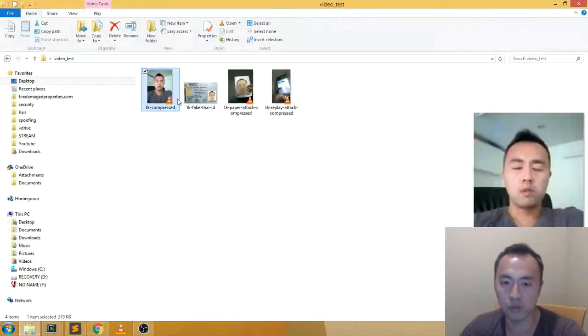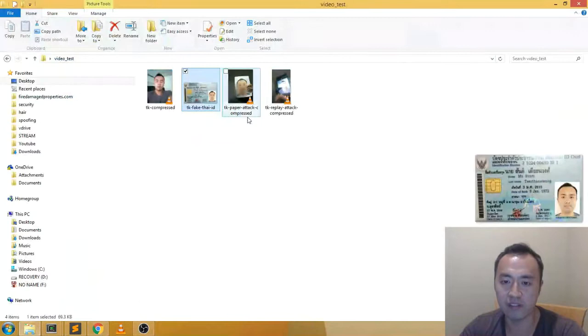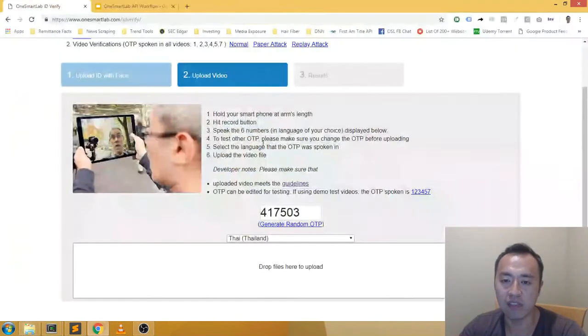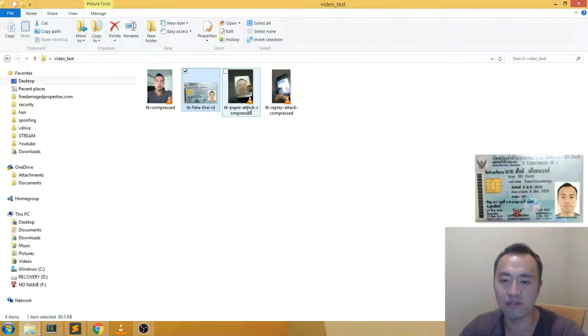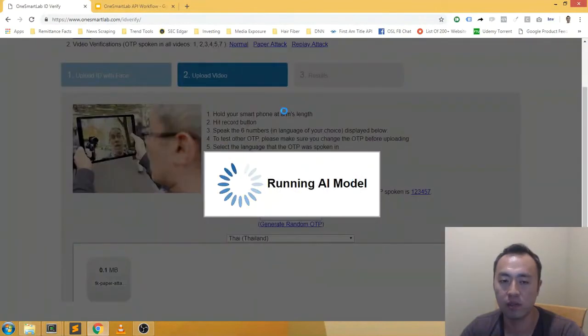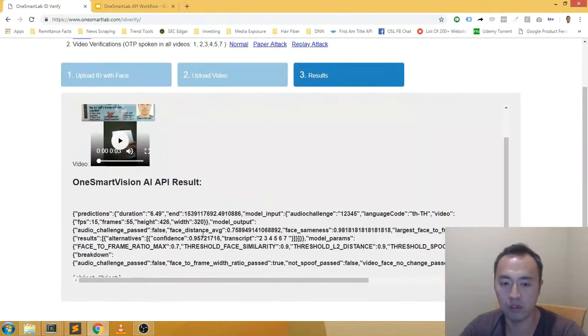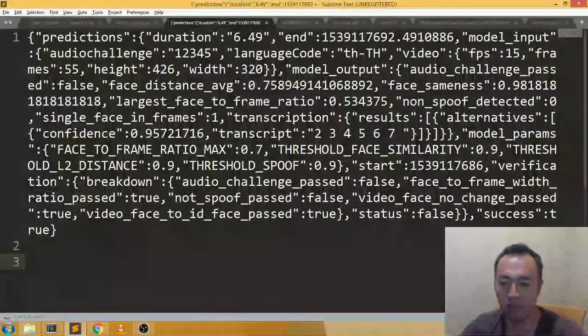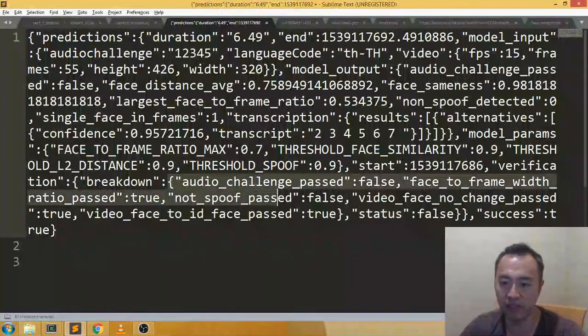Now let me show you the same thing with the ID. This time I'm going to say the correct OTP, 1, 2, 3, 5, but using the paper attack, not the face attack. So I'm going to run this, and it should tell you that one of those things broke. Let me copy paste this again so you can see better. There you go. Verification status is false, because if you look at the breakdown right here,